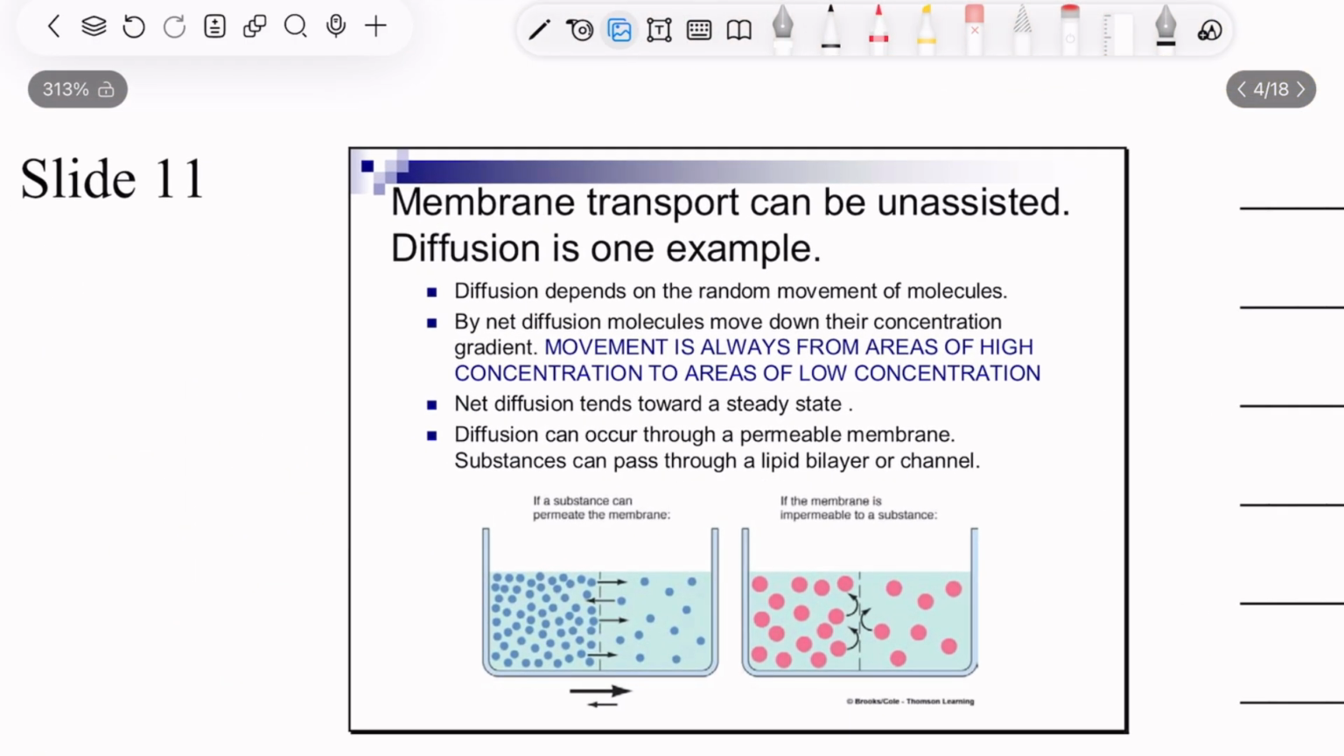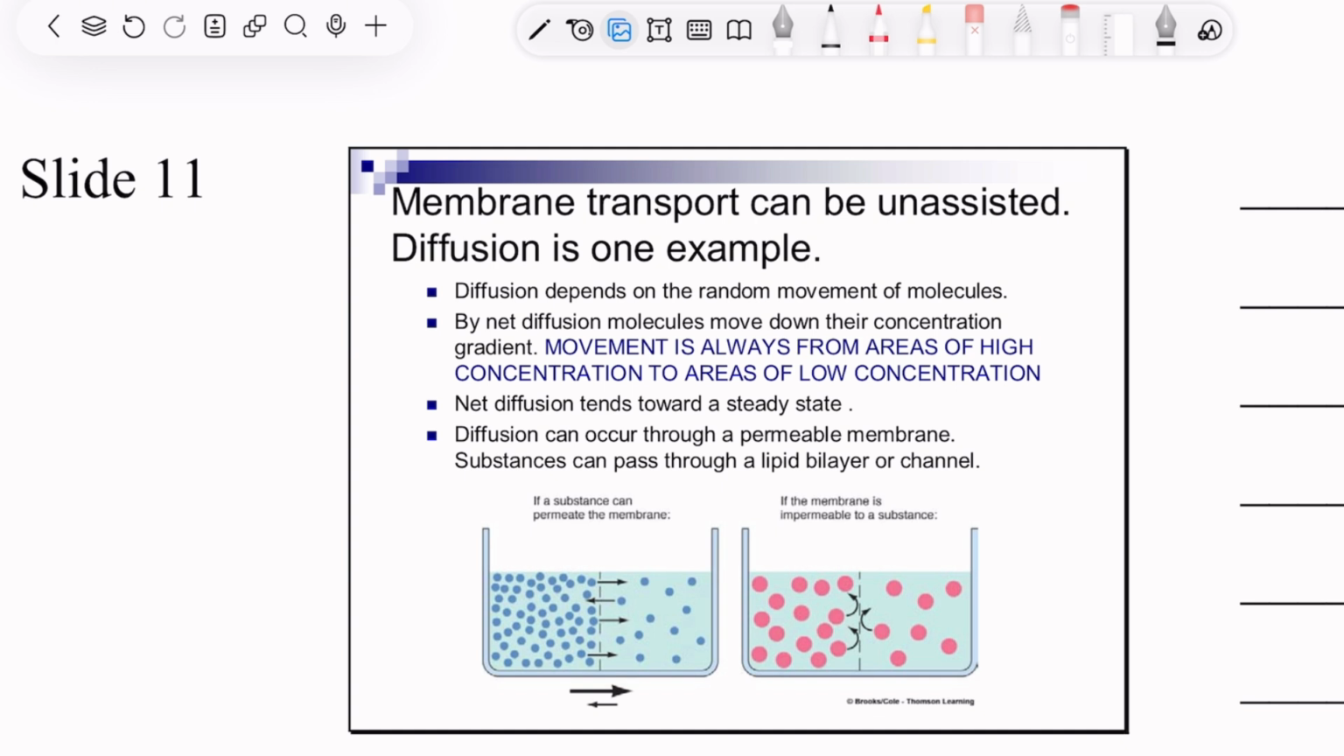Membrane transport can be unassisted. Diffusion is one example. Diffusion depends on the random movement of molecules. By net diffusion, molecules move down their concentration gradient. Movement is always from areas of high concentration to areas of low concentration. Net diffusion tends towards a steady state. Diffusion can occur through a permeable membrane, and substances can pass through a lipid